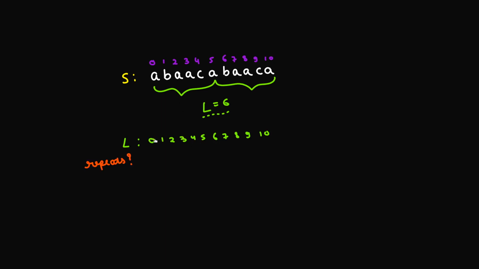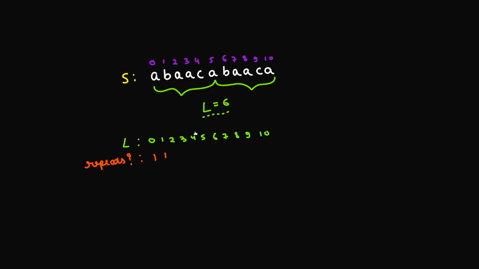So whether a 0 length substring repeats or not, well, by definition a 0 length substring always repeats, because if you are not able to find any repetition, that means that you have a 0 length substring repetition. Okay, does a substring of length 1 repeat? Again, if we have this substring of length 6 which repeats, then definitely substrings of length 1, 2, 3, 4, 5 and 6 all will repeat, right? So that's what I'll be doing.